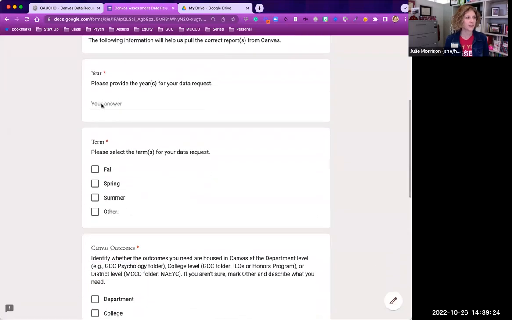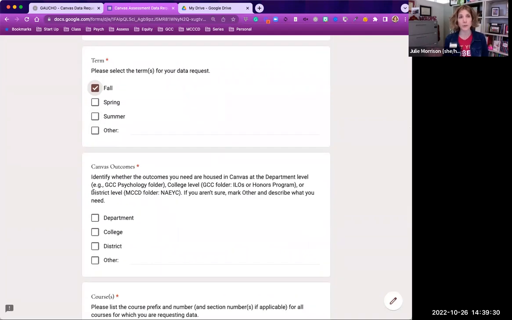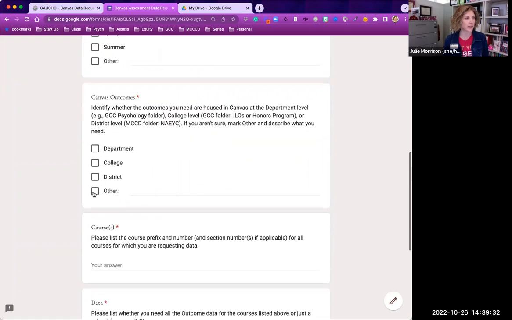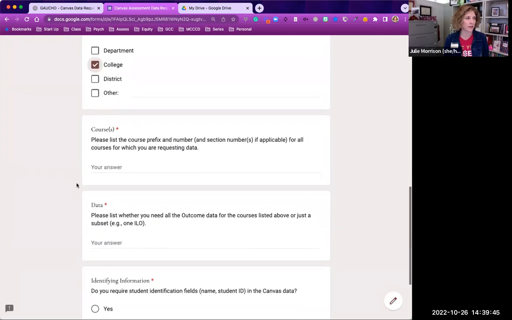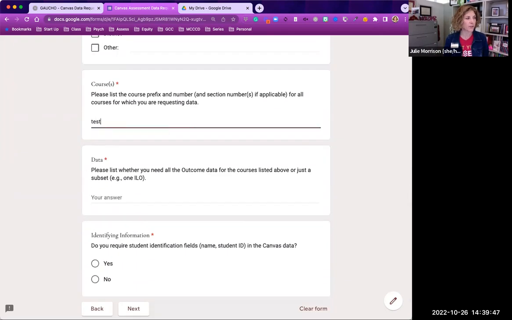It then is going to ask you what year it is, what term, so we know what data to pull. You could actually ask for multiple sets of data. You could identify what outcomes you need, because there are some district outcomes that some groups need that we can pull from them. Most likely, you're going to be looking for college or ILO outcomes. You'll identify what courses you need,